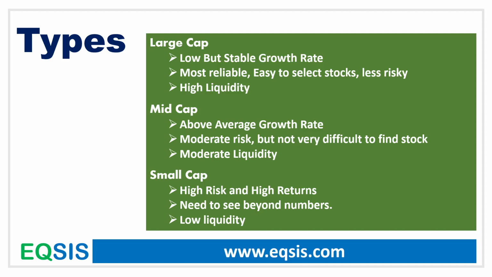If you look at the mid cap, it's like a mediocre, I can say, because they have a bit of above average growth rate. They grow slightly more than the economy growth. But if you look at the risk, it offers a moderate risk. It's not very difficult, but still I can say it's not that easy. It's somewhere in between, because out of 300, 400 companies, some companies offer very classic qualities in their business, but they may not be frontline companies. These companies can even become multi-bagger companies. But finding these companies is not that easy, so we have to spend fair effort in finding them.